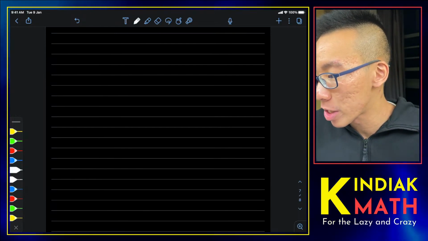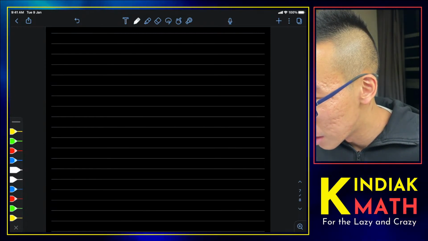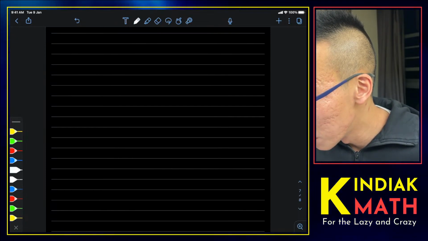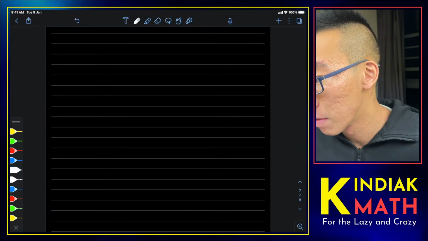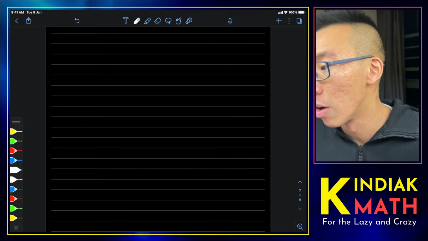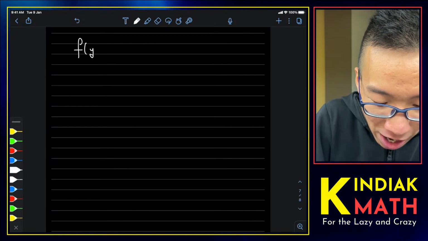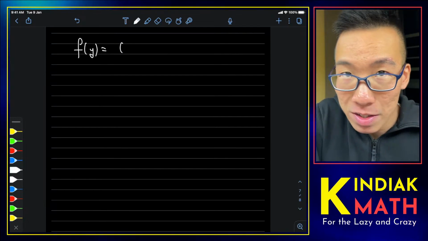I think the question is from R to D formula function. We need to prove the injectivity of the map. So we have a function, f of y equals to